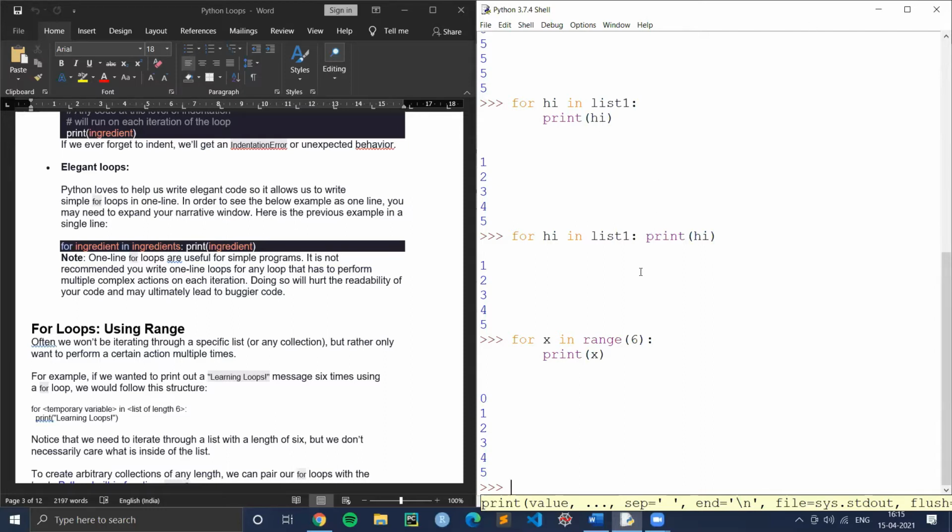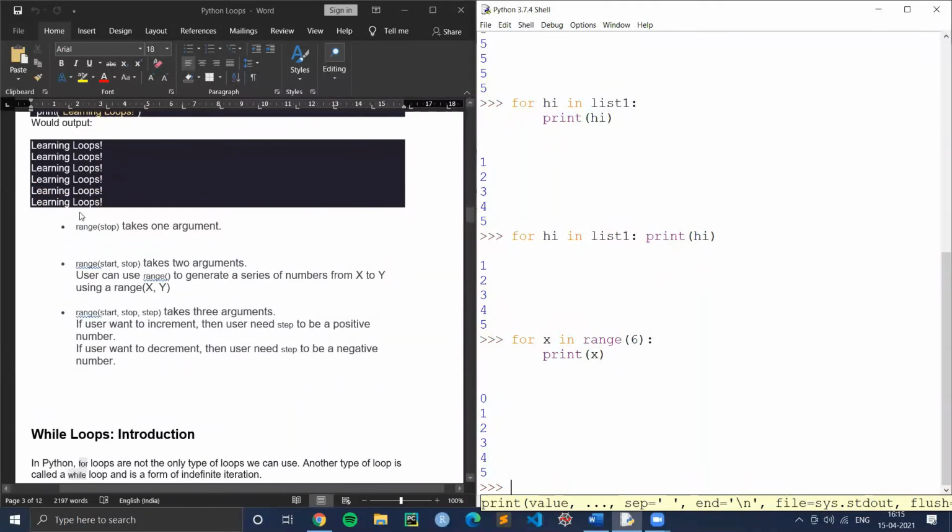And yesterday, if you remember, Vishal told you how the index starts from 0 and goes till n minus 1. So this range will start from 0 and go to n minus 1, so 6 minus 1, 5. It goes 0, 1, 2, 3, 4, 5.